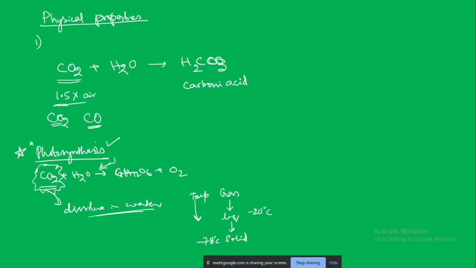So here what is happening, the carbon dioxide gas will convert into liquid and then can be converted into solid at minus 78 degrees centigrade. It will appear as a snow white solid, but at minus 20 degrees centigrade we say that it is the, what ice do we say? Dry ice. Yes, that is the dry ice. Good.